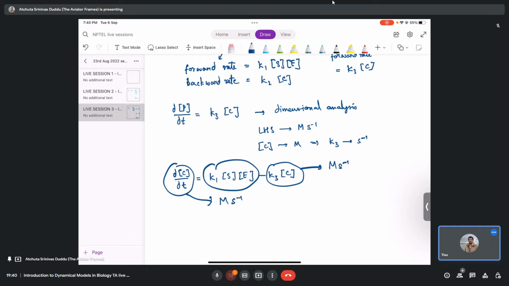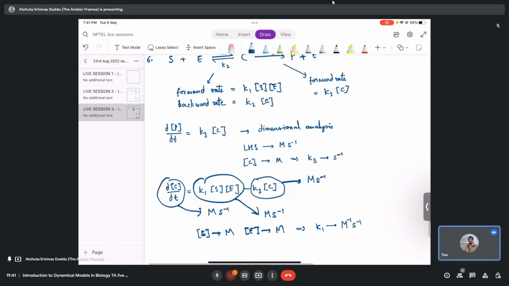So for this, since they are in an additive form, all of them have to satisfy the same dimensions, that is, this also has to be molar second inverse. So we have S as molar, E as molar, which implies k1 goes to molar inverse second inverse. That is the dimensions of k1. Next we write